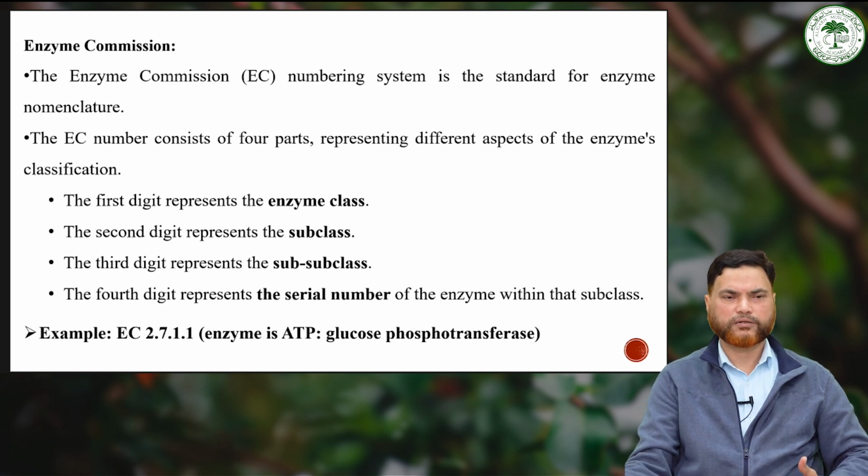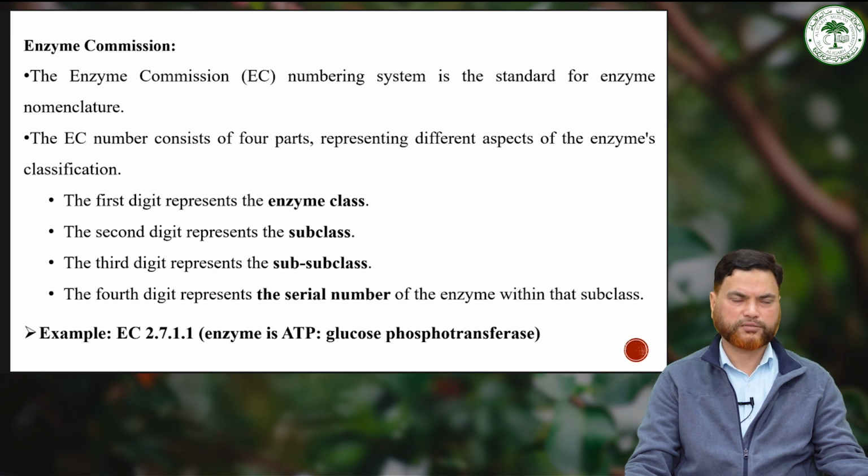The second number, 7, denotes its subclass as a phosphotransferase, and the third number, 1, specifies that it's a phosphotransferase with a hydroxyl group as an acceptor, and the fourth number 1 indicates D-glucose as the acceptor